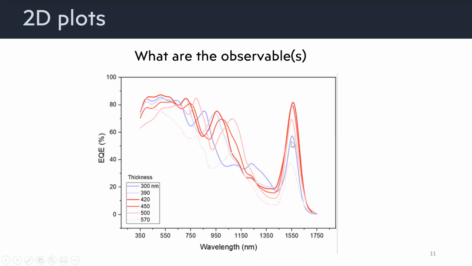So you could have a simpler plot, again, with only one line showing EQE as a function of thickness. You might also be interested in the position of these peaks, the position of the peak at whichever band as a function of thickness, and so on. So when your plot is very messy or very complex, you can always think of ways of simplifying it and then maybe extending it, unfolding it into